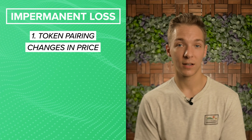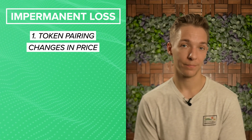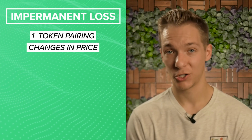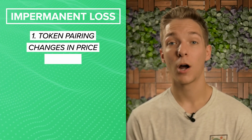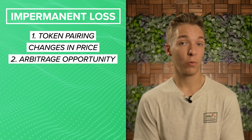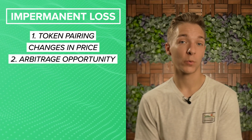Since liquidity pools are decentralized and function on their own, the price relationship of two assets can vary from one DEX to another exchange. In fact, assets are often priced slightly higher or lower on various exchanges. Because of this, there is an opportunity for arbitrage. This means that users can buy an asset low on one exchange and then sell it higher elsewhere for guaranteed